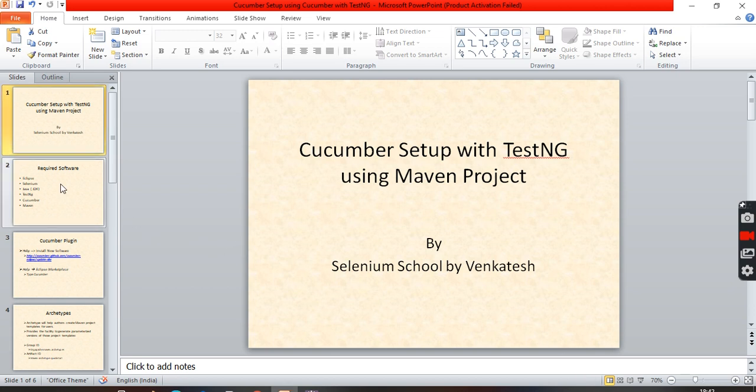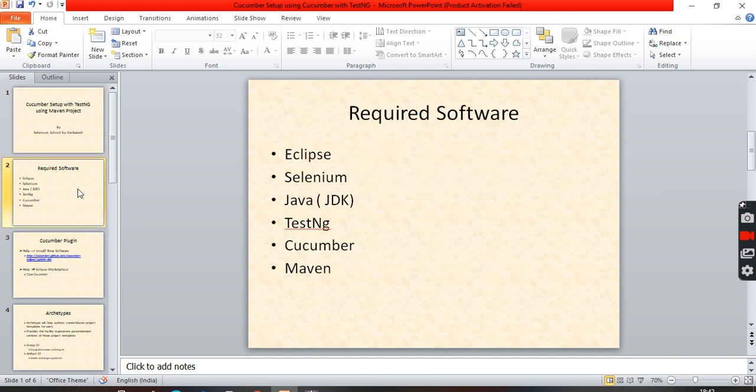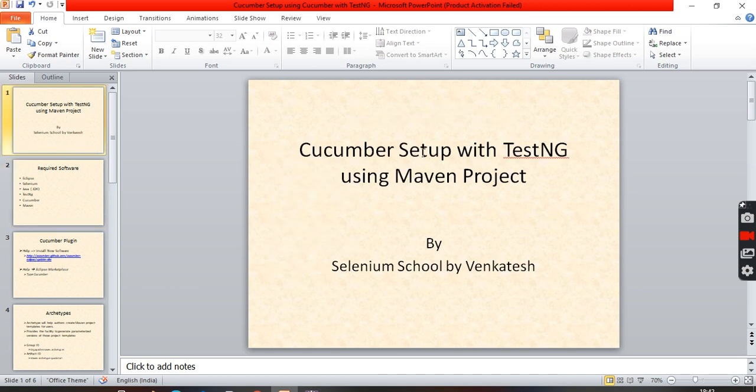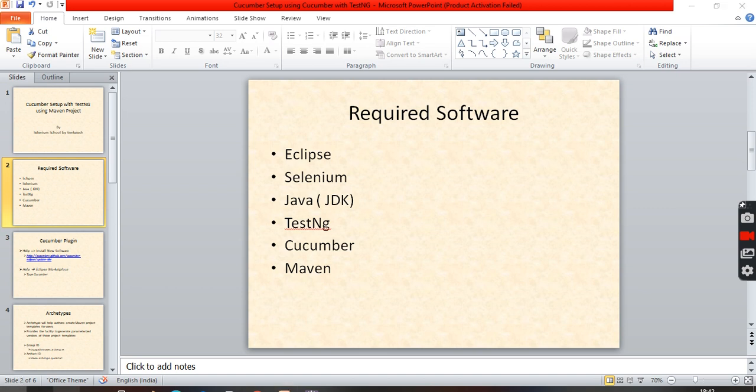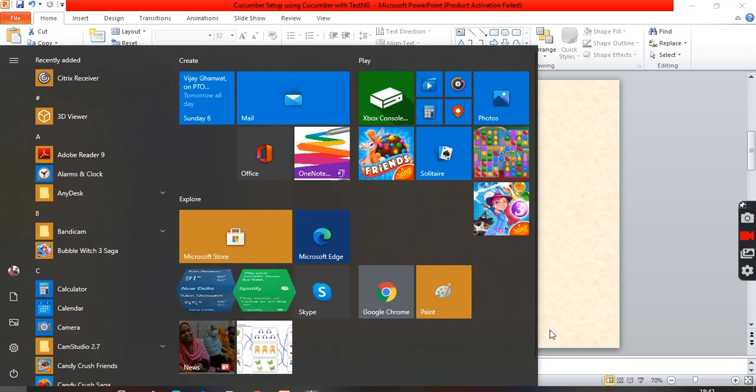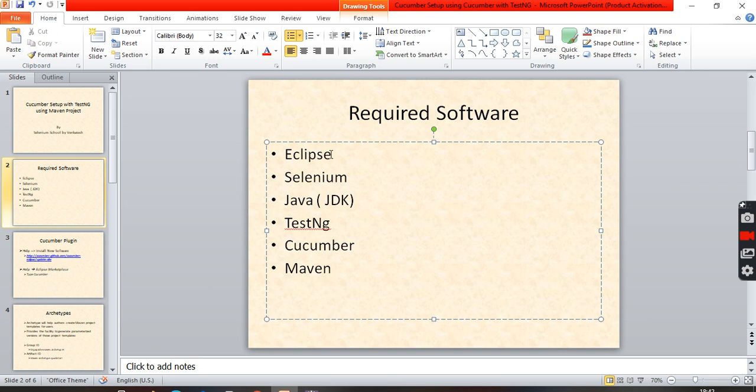Fine. So the most common question people will have is, what is the required software to proceed with this Cucumber setup? Here is what we need. We need Eclipse, as if you are planning to do the Cucumber setup with Java, then you need Eclipse.